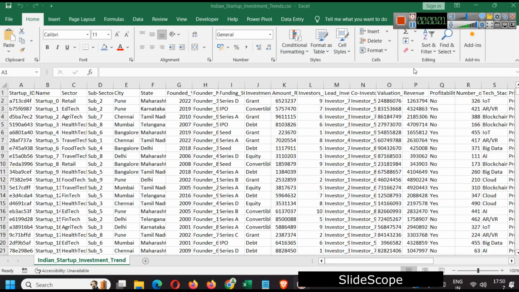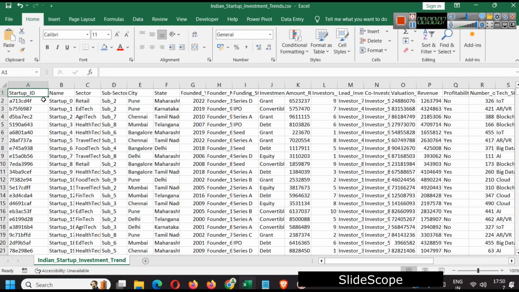The dataset that we are using in this project is the Indian Startup Investment Trends dataset. Here you can see for every startup we have a startup ID, and a total of 12,429 rows are there, and names are given like startup 01, etc. Important thing is their retail, ed tech, agri tech, meaning their sector is given, subsector is given, city, state, founded